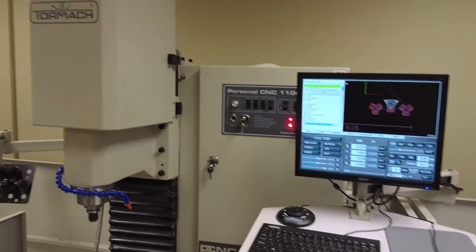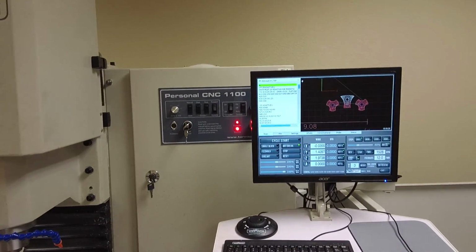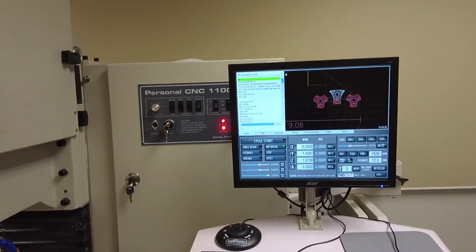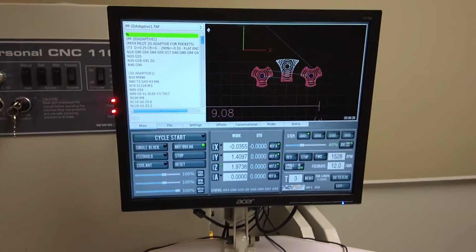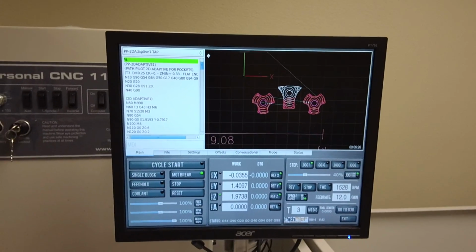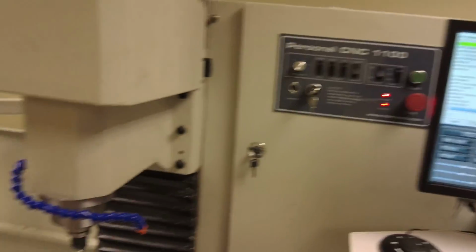Alright, welcome to another episode in the WDT Cam Lab. We are talking about tool offsets for the PCNC1100. And here we've got the PathPilot software running, and first we need to have a little discussion on this